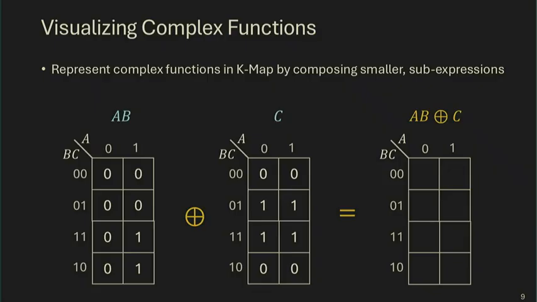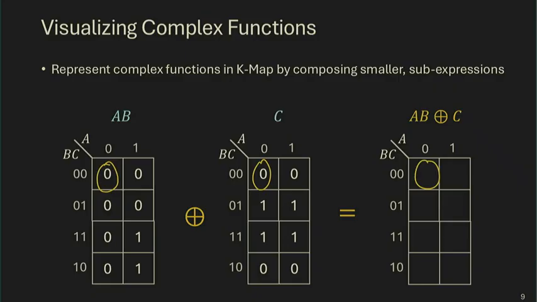We can do the very same thing with a Karnaugh map. In fact, a Karnaugh map is no other than a different ordering of the truth table. Right? The information content, these are your inputs, these are your outputs. It's exactly the same as the truth table, just ordered in a different way. And therefore, just like you can do some operation between two columns of a truth table, you can do some operation between two Karnaugh maps by effectively examining every position in each Karnaugh map